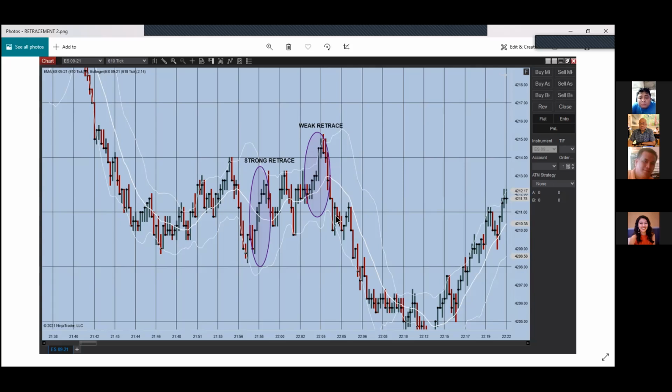Because remember your overall momentum, overall trend is down. So this is your run. So it started off as strong. Look at the bars, they're end to end. What happened here is basically you have a retrace, a weak retrace with a consolidation and then continued strong run